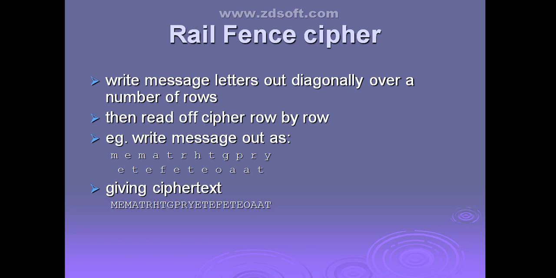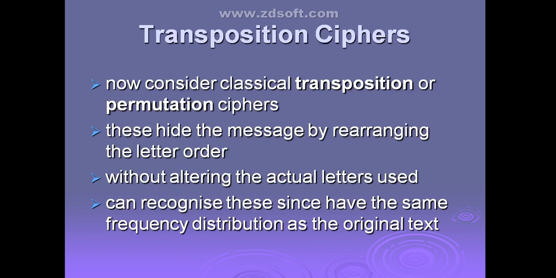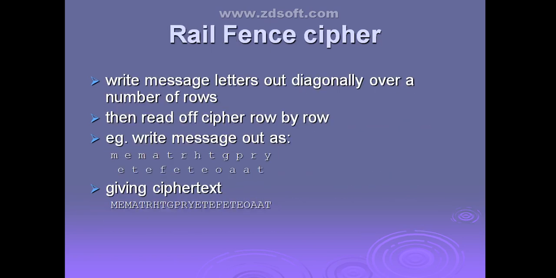That means, now see, if the plain text is "meet me after toga party". This is the plain text. See how they have written that particular message. They have written it in 2 rows. See here, M-E-E-T, this is meet. In 2 rows, diagonally they have written the letters. Getting the thing? Can you see the slide? Is it visible?